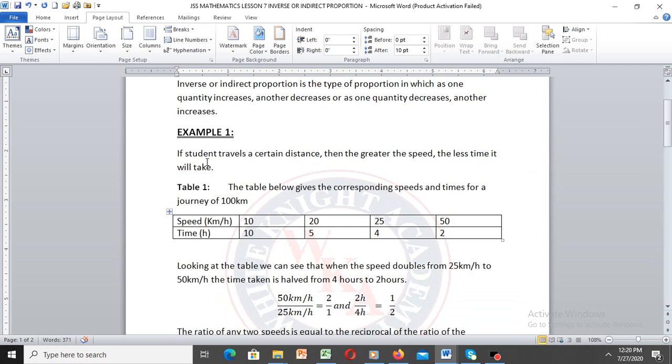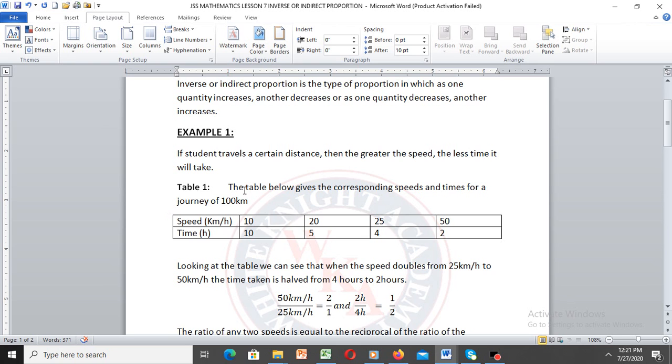Example of indirect proportion. Example 1. If a student travels a certain distance, then the greater the speed, the less time it will take. So here we are considering the speed and time taken. They are the two variables that we are comparing. If the speed increases, the time taken to cover a certain distance